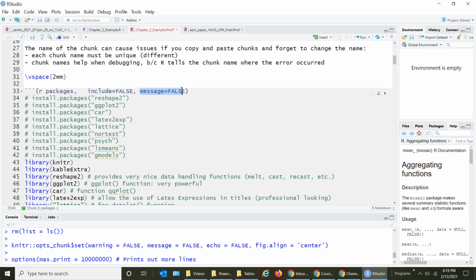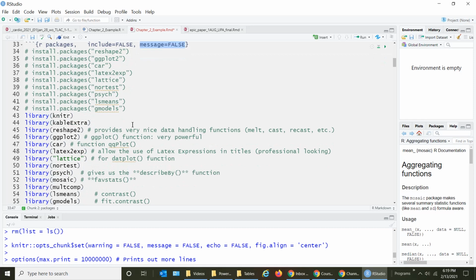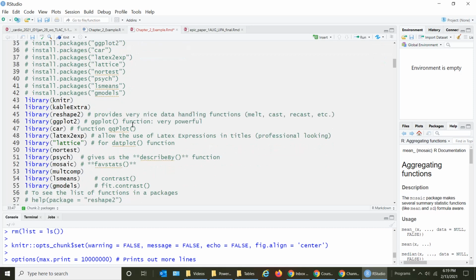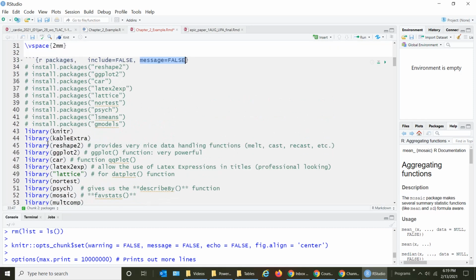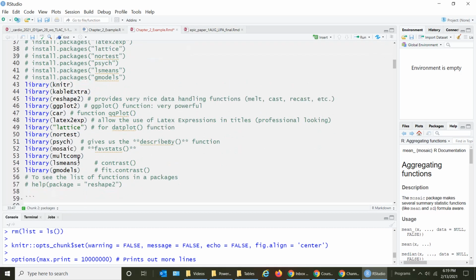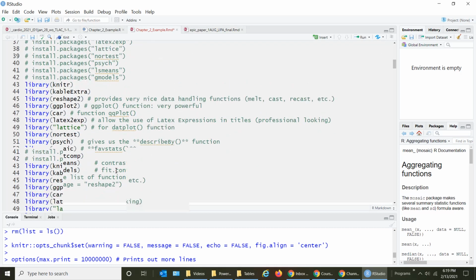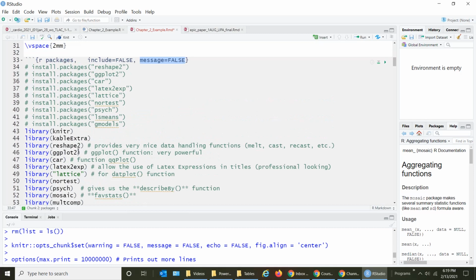output, and I want messages to be false because they put out a whole lot of messages sometimes. So I don't want those to be compiled. And I've listed all the packages you should need in this chapter for everything to work. Now, the key here is if you've never run this before, you may not have this knitr package installed, in